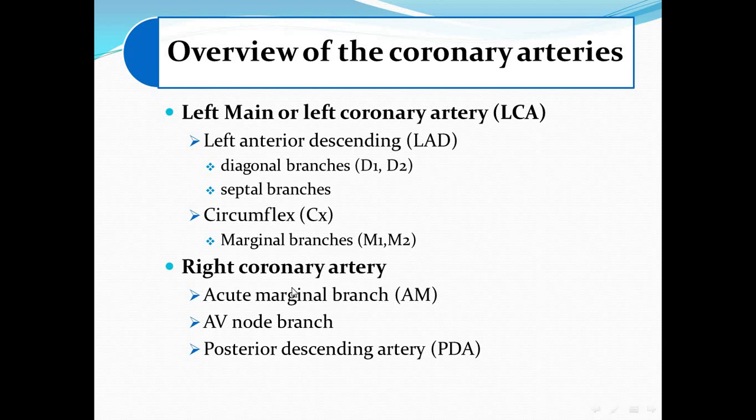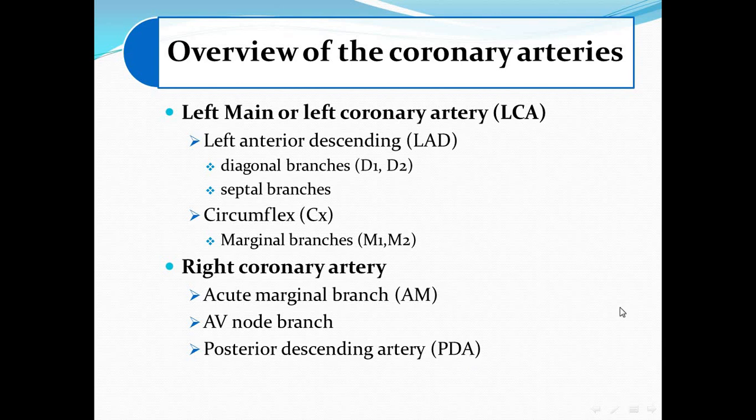The right coronary artery gives these branches, which are the acute marginal branch, supplying the margin of the right side of the heart. The AV node branch, supplying the atrioventricular node of the conduction system. And the posterior descending artery, which is the artery that supplies the inferior wall of the left ventricle and the inferior part of the interventricular septum. This is in 65% of the population, but